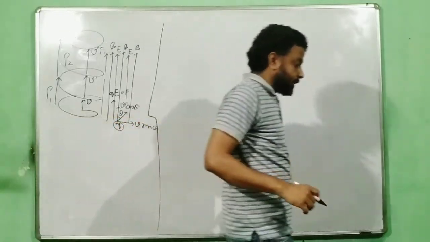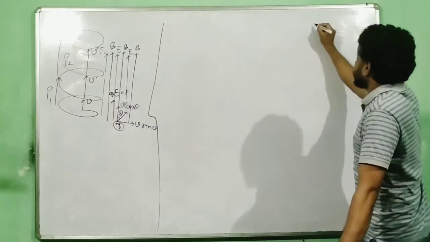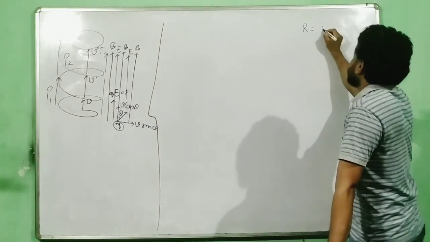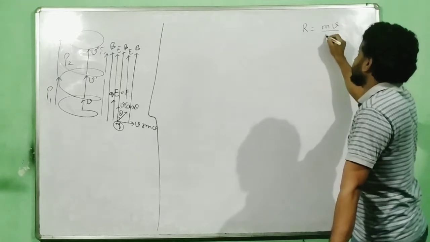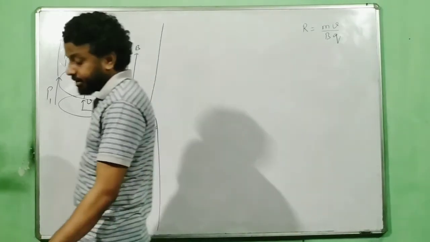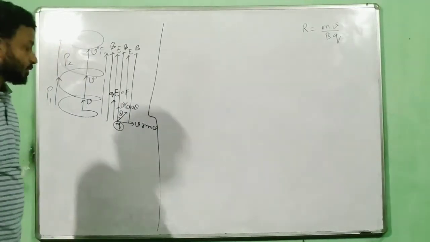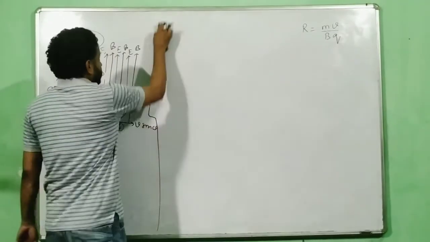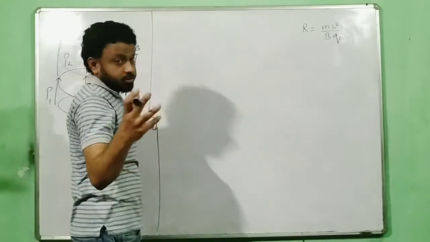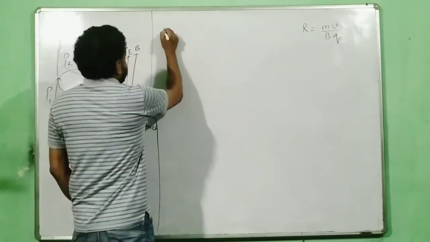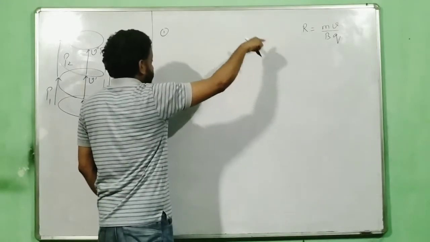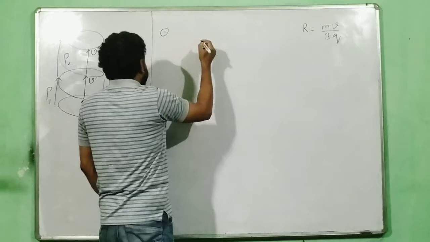The second thing which we need to know is this. Now we know that the radius r, do remember the radius r, is given by mv by Bq. This is the formula for radius, mv by Bq. Now I have 3 questions to be discussed. Question number 1. That is the radius for that magnetic field, for that charge, for that mass, for that velocity. Now, what if